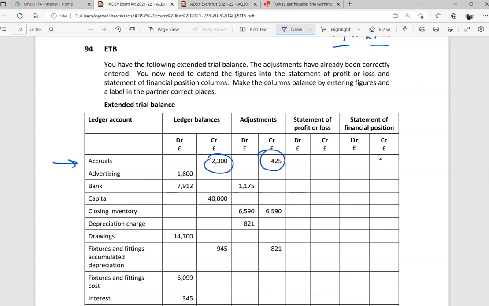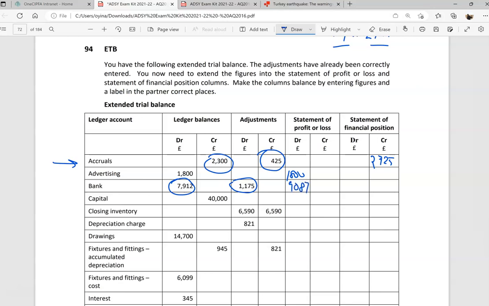Just adding that across, I know that's 2725, right? Advertising is an expense. I'm going to pull that through over here. The bank, so you started with 7912. The adjustment is 1175. So that's going to go in here. So 7912 plus 1175. That's